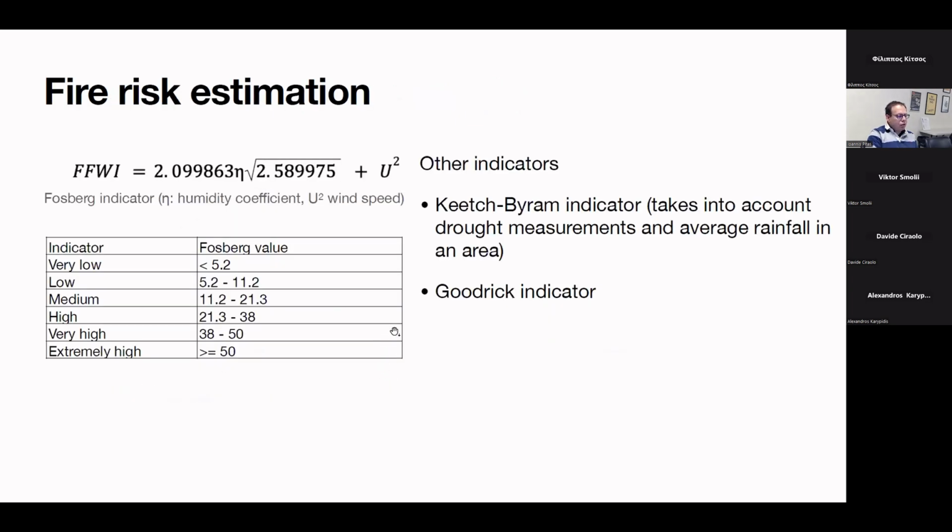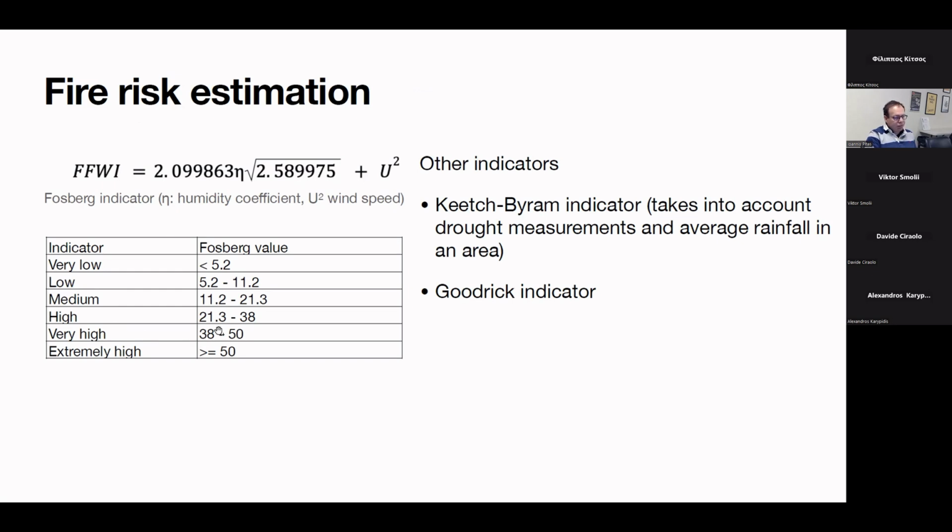Now I'm going to say a few words about the data and a few of the analyses that we have implemented. First, how we can estimate the risk of forest fire. There is related research. For example, we have the Fosberg indicator, which we have implemented. You see the formula here, and the risk depends on the humidity coefficient and the wind speed. And here you see that the risk of fire can be very high when we have Fosberg values